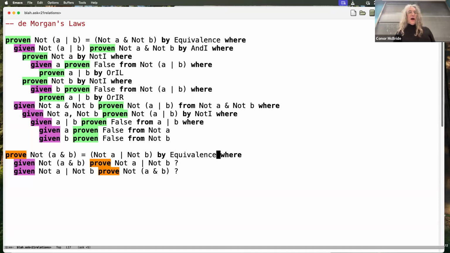And now I've got two branches. I'm going to take the second one first. So you can see here, I'm given that either not A or not B is the case. So I think it'd be pretty sensible to find out which. I mean, actually, nah. I'm just delaying the moment where I split the proof into two by just doing not introduction already.